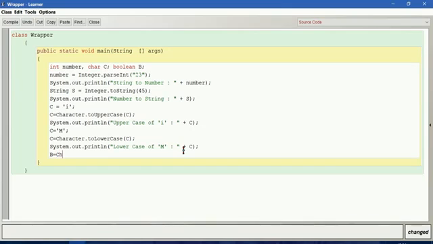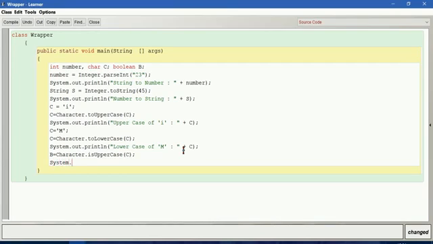So B is equal to Character.isUpperCase of C, System.out.println of, let me just give a reference here, "whether M is uppercase" plus B.